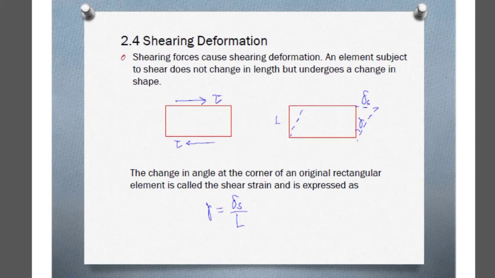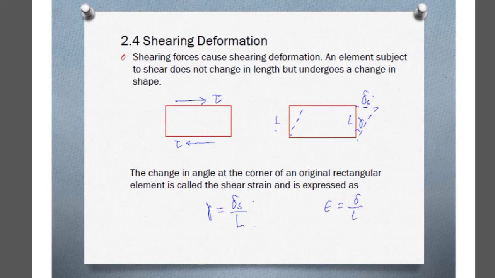And here, this is the shear strain, and this portion here is the displacement, and this is the original length. So we have here the shear strain is equal to the deformation over the original length. Correlate natin siya dun sa strain natin sa axial deformation, and that is just equal to the change in length